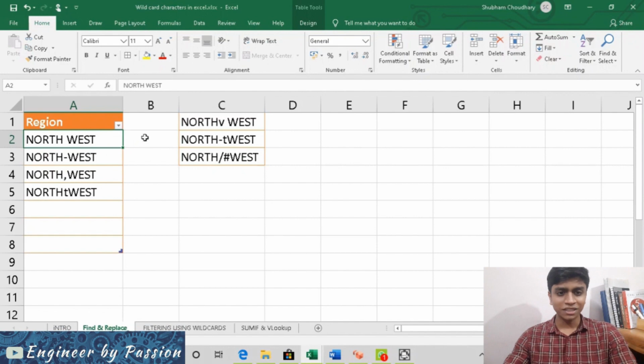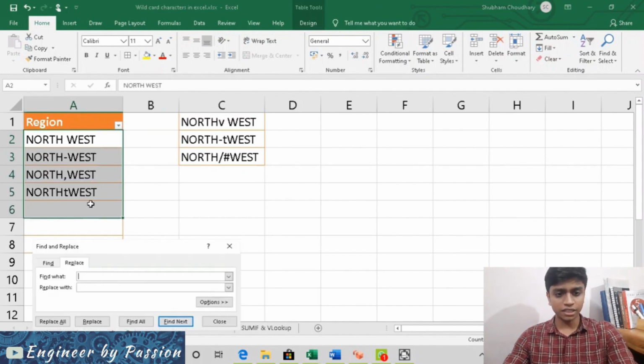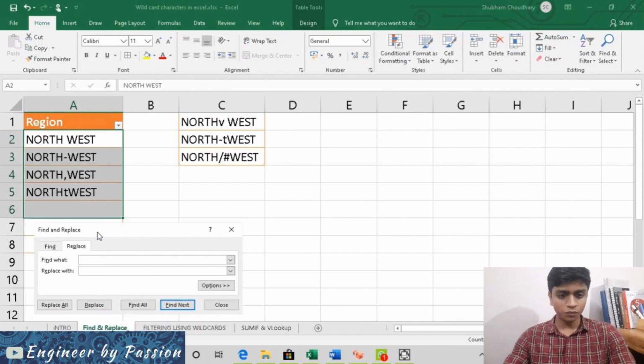For using that, I will just select the whole text and press Ctrl H like this. This is the find and replace window, and now we have to go to the replace tab and find what. Now we want to find north and west, but there is a single character, which may be any character, in between. So in such cases we can write a question mark.